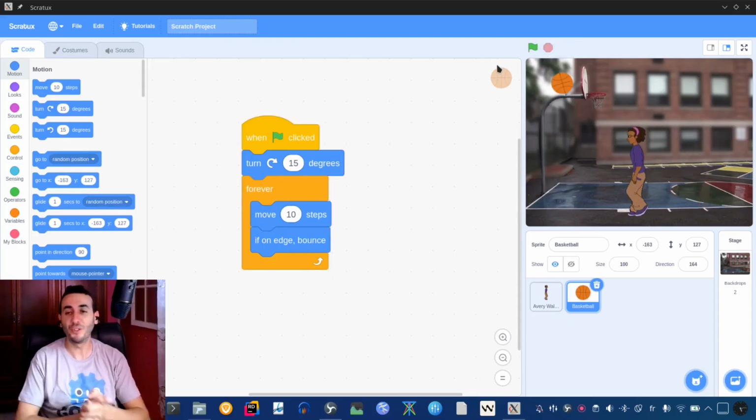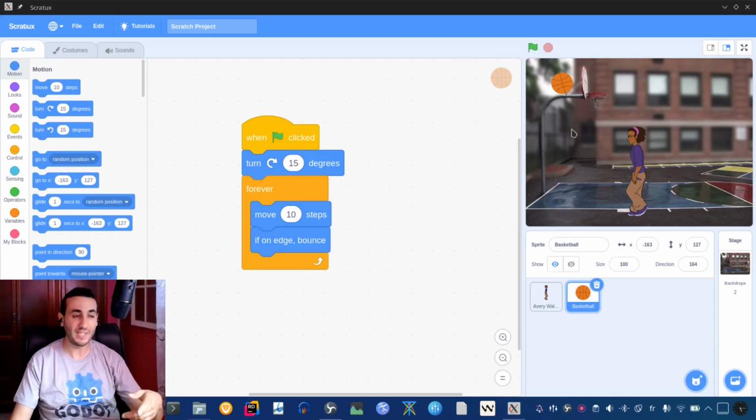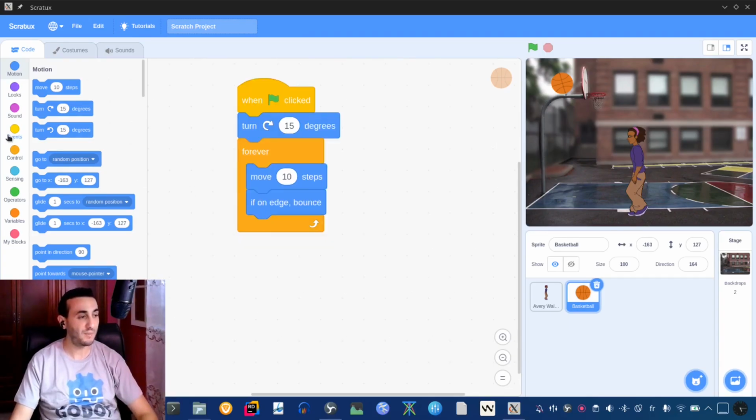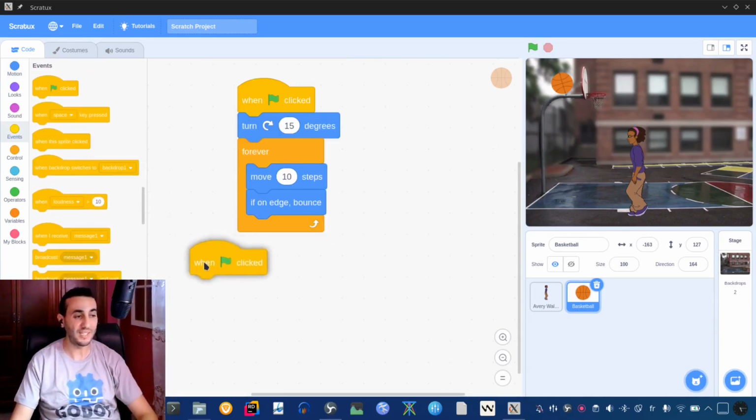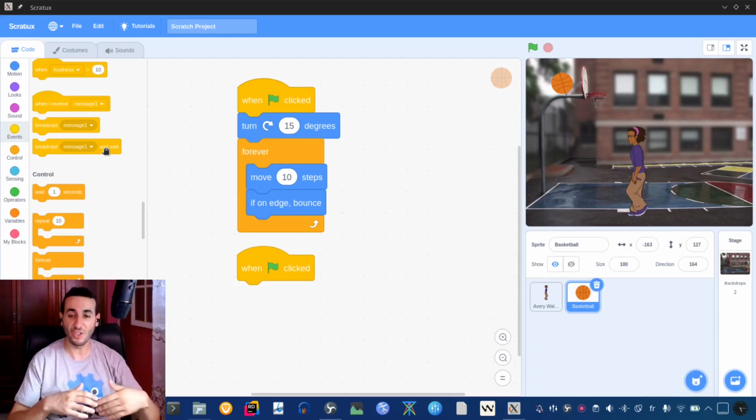Okay, what I want to do right now is actually add in some sounds, make it more fun. When I hit the edge, it should play a sound. And when I hit the player, it should play a different sound. Okay, let's get started. The same thing, we always start when I click on the green flag, it's checking constantly